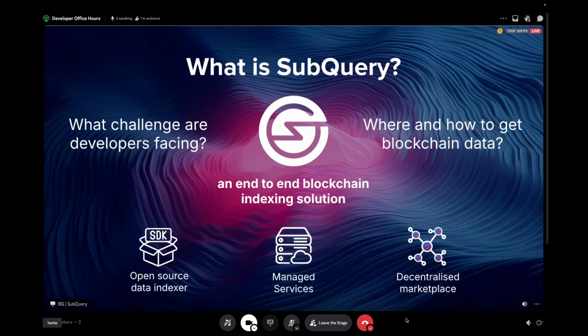Think of any popular decentralized application out there. Think of any wallet, for instance. Every wallet has a use case of essentially showing the transactions of the user, of the address that completed a transaction from the application. And in order for the application to fetch such kind of data,